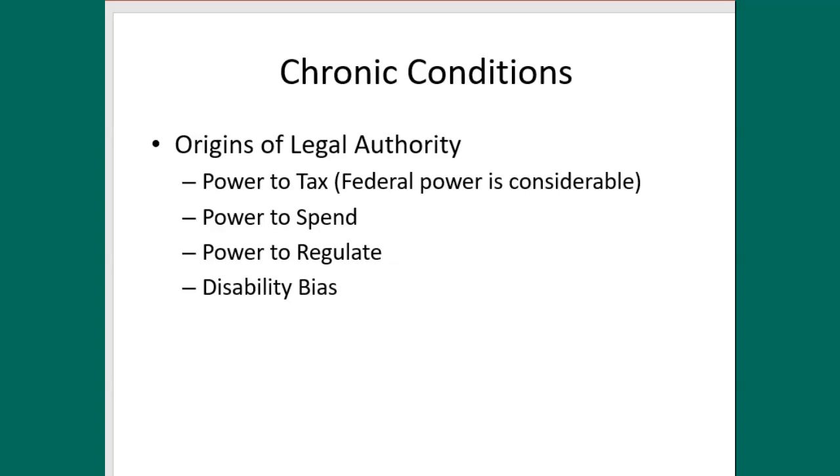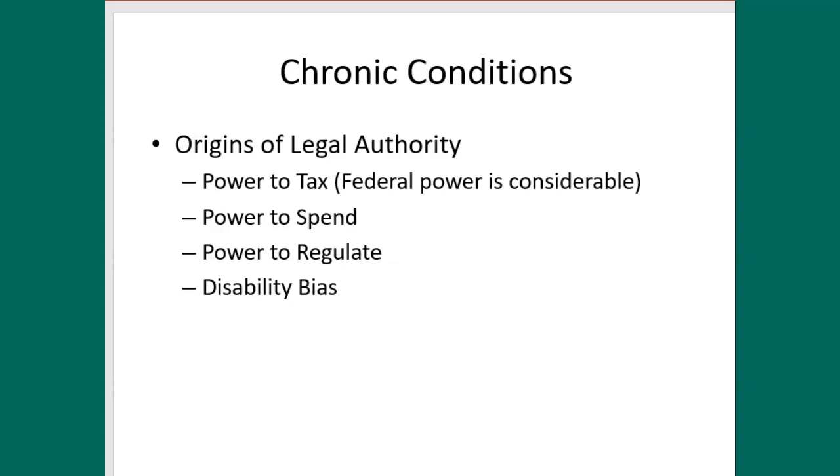Where does the legal authority come from? Well, as we learned before when we were talking about communicable diseases and when we were talking about the Constitution, we have in our federal system parallel authorities. We have federal authority and we have state authority, and they're different to one degree or another. The power to tax is a federal power. The power to spend and appropriate the monies generated through taxation are also a federal power. The federal government has the power to do some regulation and has the ability to enact